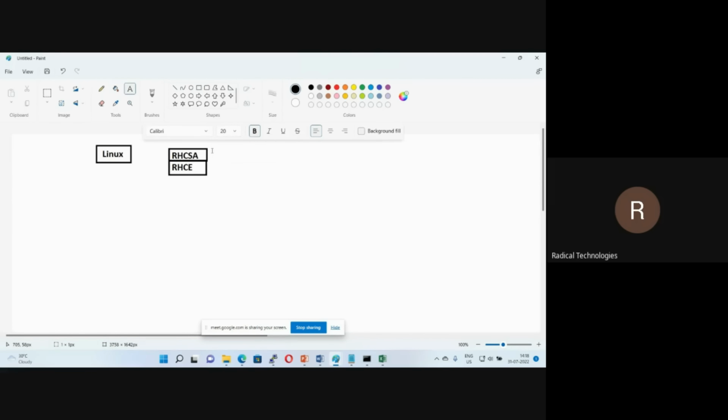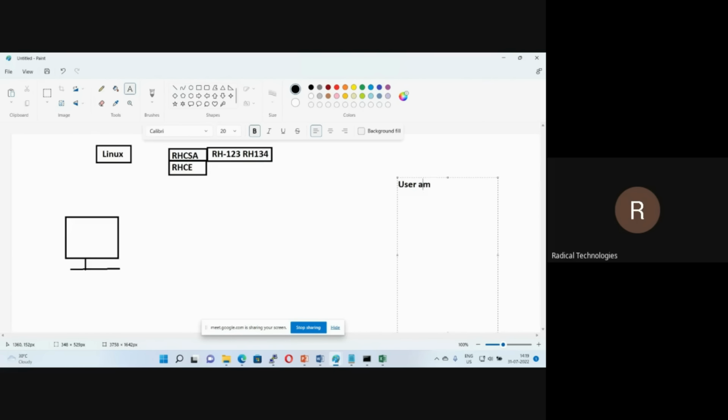Here we will study two modules, RH124 and RH134. The moment you complete RH124 and RH134, you can manage a single Linux operating system. What are the tasks you can perform once you complete this course? You can manage entire administration like user management, file system management, everything you can do, but